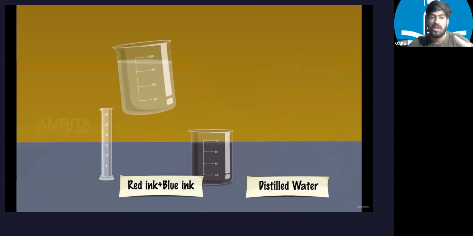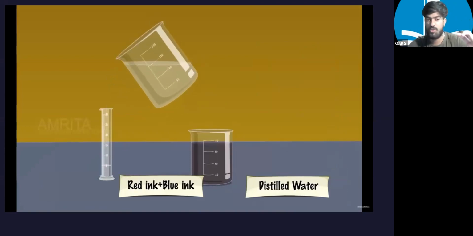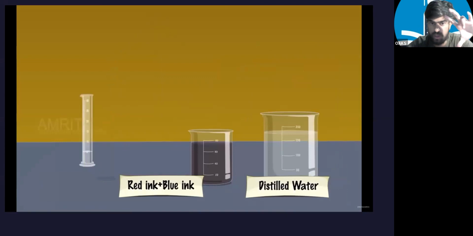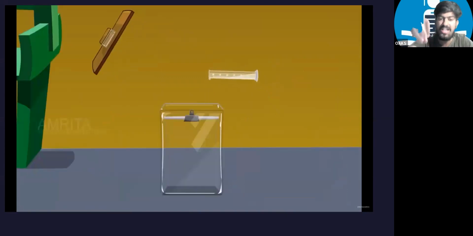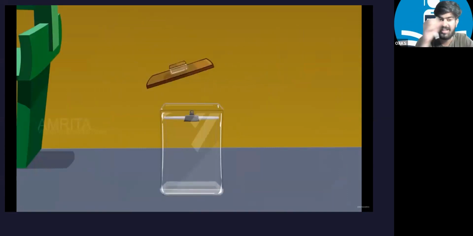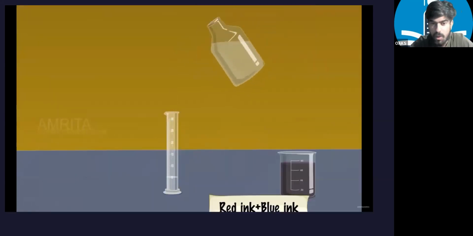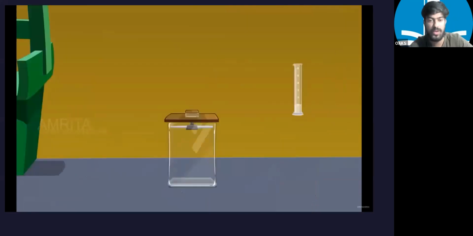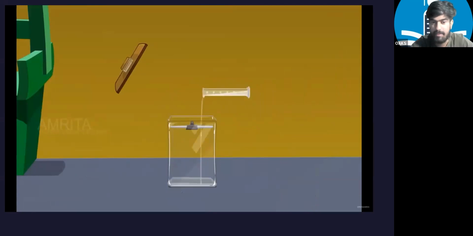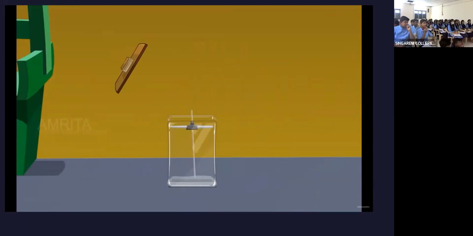Now in our test tube, we are going to put some water. And there we have a chromatography chamber. We are going to fill that water in this chromatography chamber. And then we are going to use a chemical known as isopropyl. That also we are going to put in the chamber. And now we are going to just mix it.